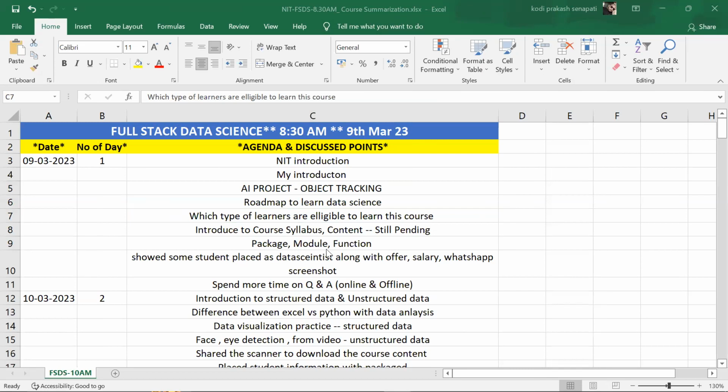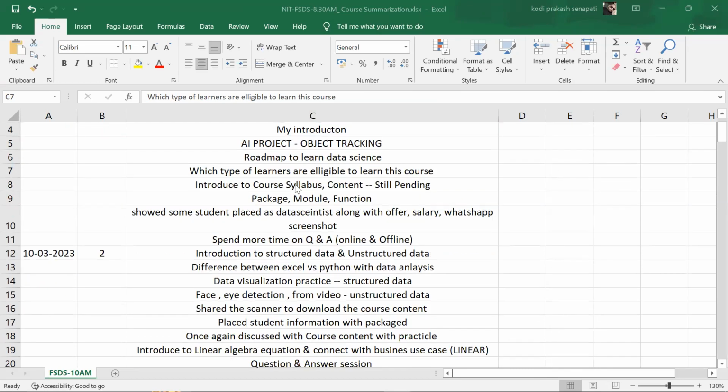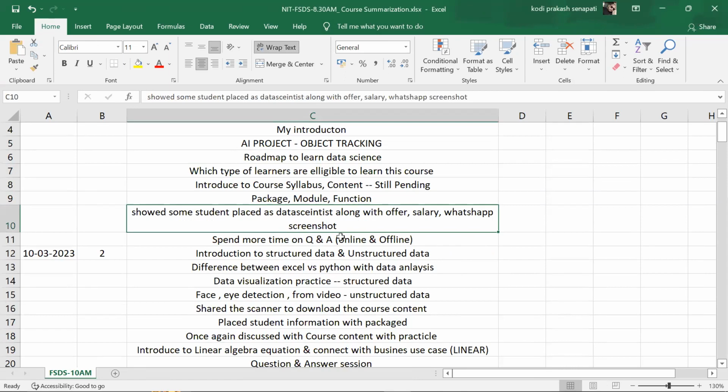We covered the difference between package, module, and functions, and we showed some students who were placed as data scientists along with salaries and offers. Understand, team?